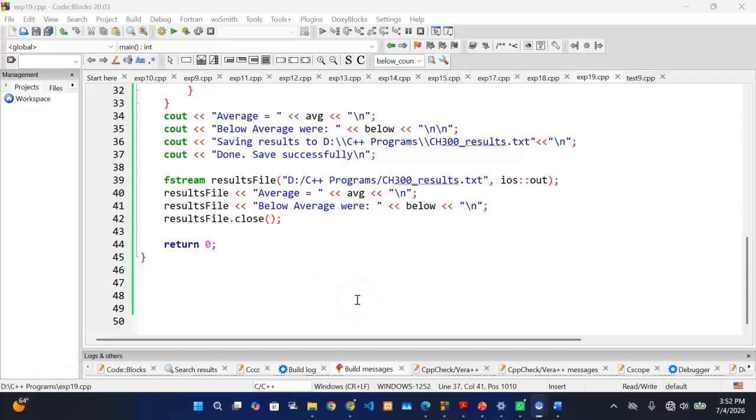Hello guys, there is a small mistake we made here, although it didn't have any effect, so you didn't notice. But do you see this sentence here? "Done, saved successfully." This sentence, we should not put it here, okay? Because